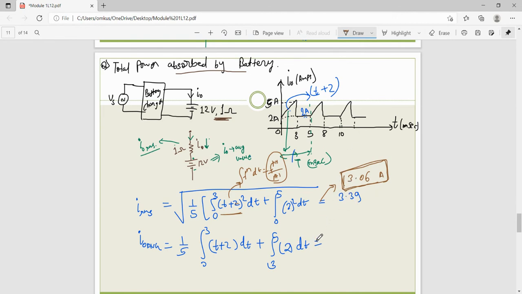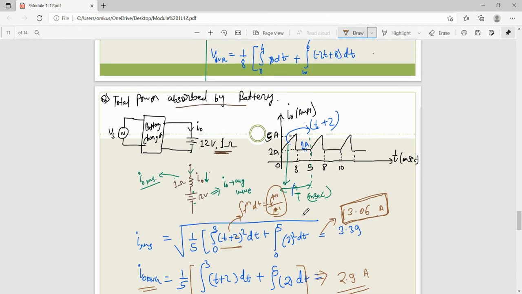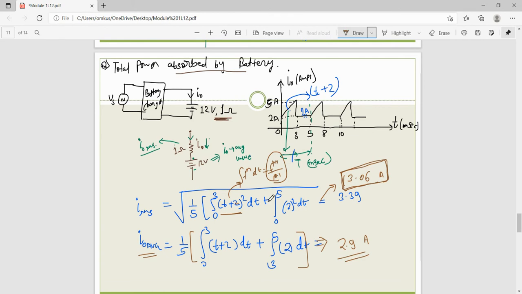Now what is V average? It is easy. I hope you know. 1.81 is not the correct answer. Anyone other? See, I have this answer equal to 2.9 ampere. Okay, yes, sir. It is 2.9. Once you have this answer, put that value in this expression.